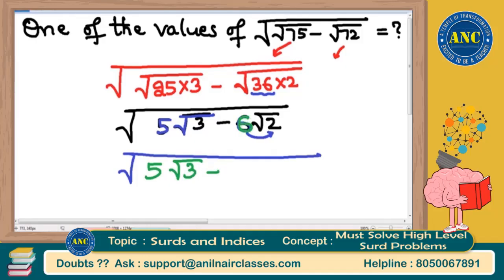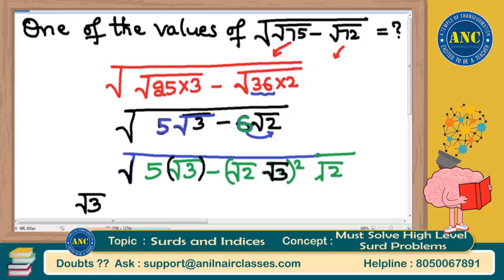This 6 can be written as root 2 into root 3 whole square. Root 2 into root 3 whole square is nothing but 6 itself, and this root 2 I will write as it is. Why did I write it like this? Because the square root of 3 and square root of 3, I can take outside. Already one square root is there, so it is square root of 3 whole power 1 by 2. You are left with 5 minus root 2 whole square